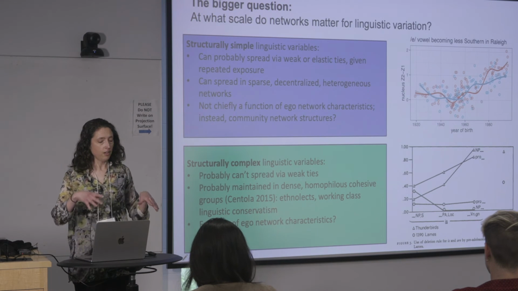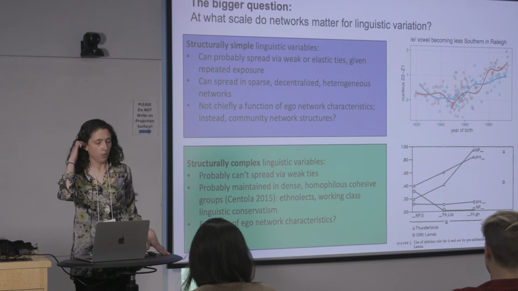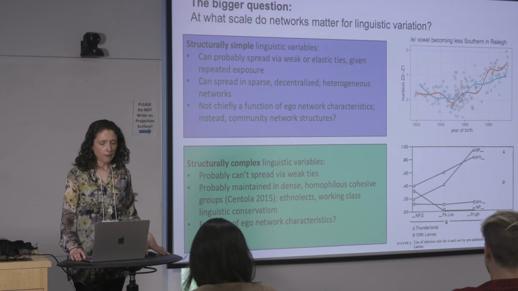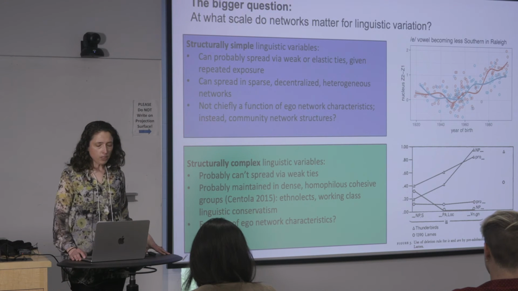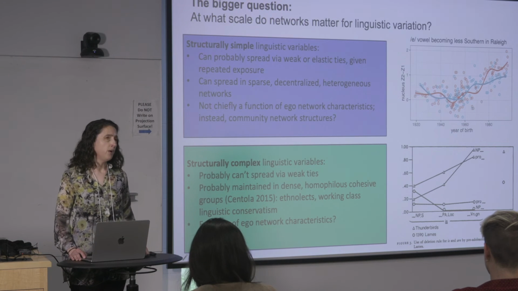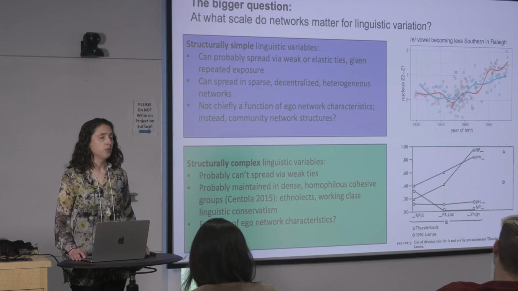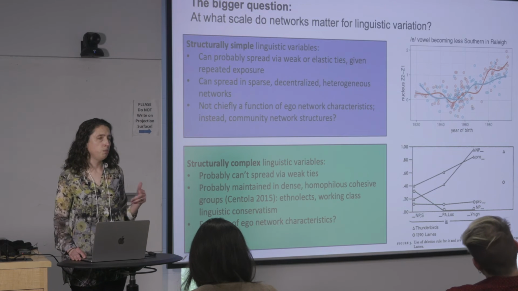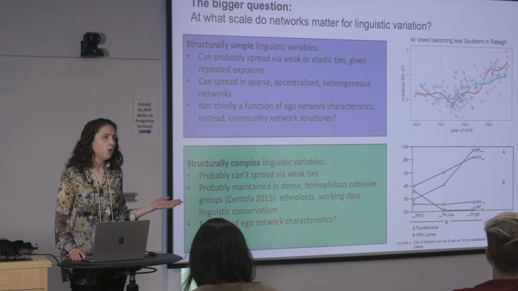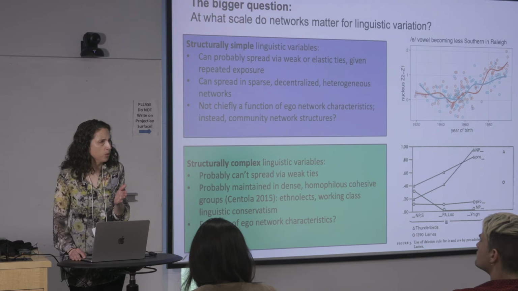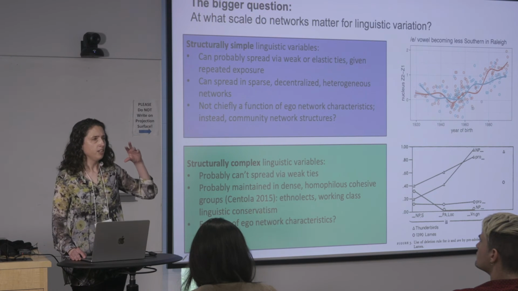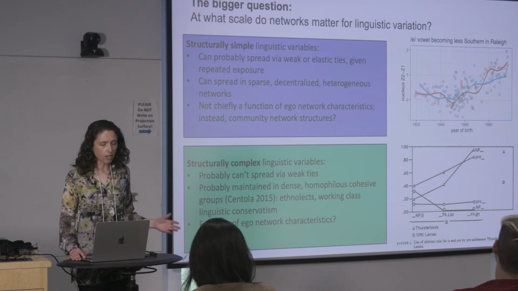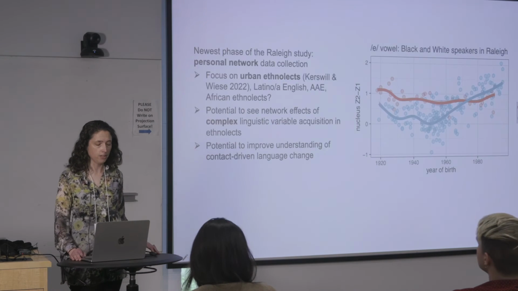I think this is probably going to be a function of ego network characteristics, if we get around to testing that somehow. And I think we could also be asking questions about how linguistic data, both in terms of simple and complex variables, can be leveraged to build knowledge about just how cultural changes spread through networks. I mean, these are cultural changes. They're socially laden, they're socially indexical. And we're not doing that yet. So I think that's another thing to think about.